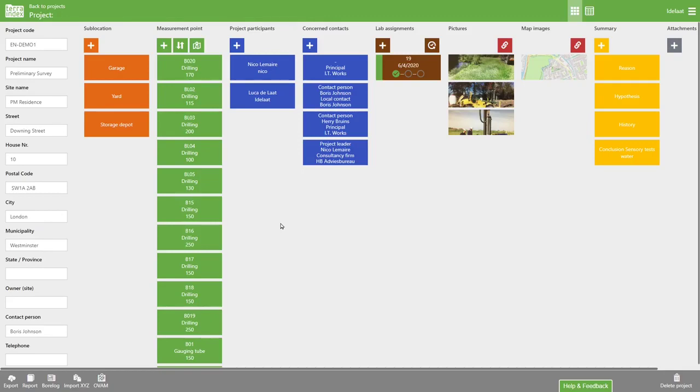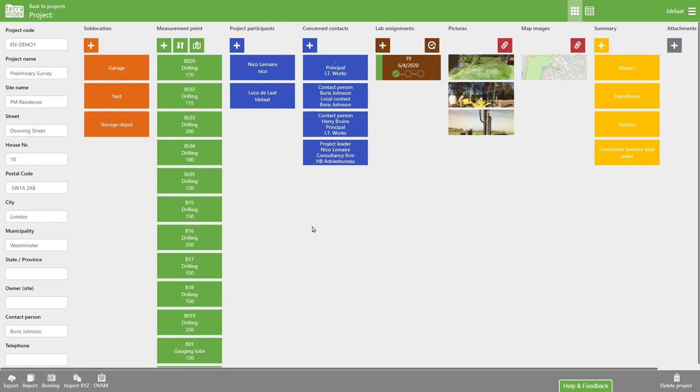In this video, we will look at field templates. With field templates, you can define which fields are visible and in which order they are displayed. This way, you can easily adjust them for the different types of surveys you might work on and link them to specific projects. These field templates work the same for TerraIndex Web and TerraIndex App, so you will benefit from